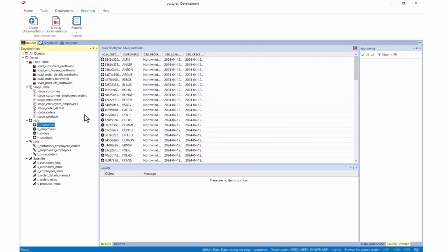I can generate documentation with this, which is nice. It generates an HTML file, which I can put on a file server somewhere, so anyone with a browser can get to it. They can see the objects in the warehouse, they can see comments, they can see comments on the columns. Maybe there's a metric and the comment says this is in gallons or liters or milliliters, whatever it is. There's a lot of documentation I can add as well.